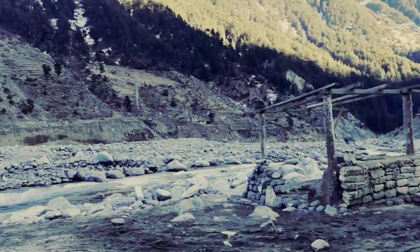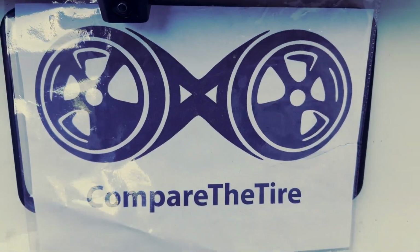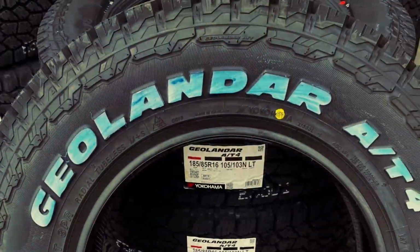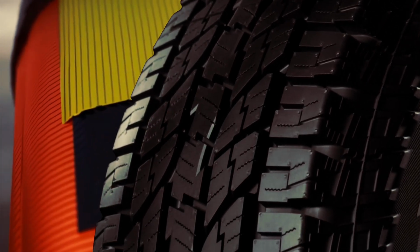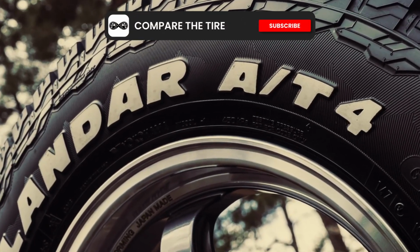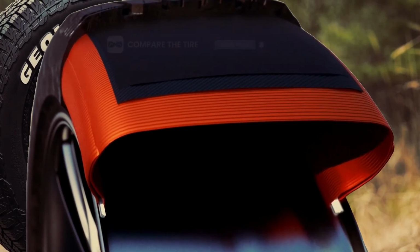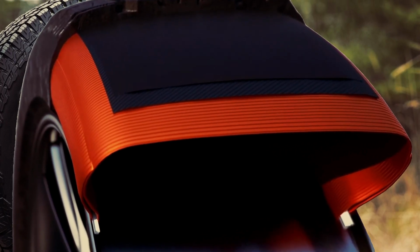Off-road, the Yokohama Geolander AT4 does a great job in almost all sorts of terrains, checking all the boxes. And that's thanks to its smart internal and external construction. Internally, it features a durable build with a 2-ply polyester cord casing reinforced by 2 high-tensile steel belts and a